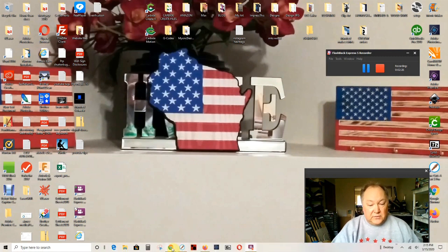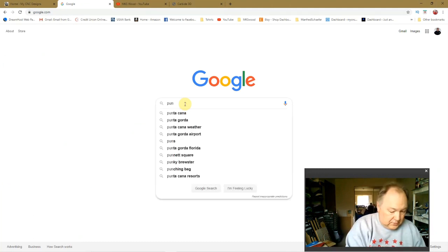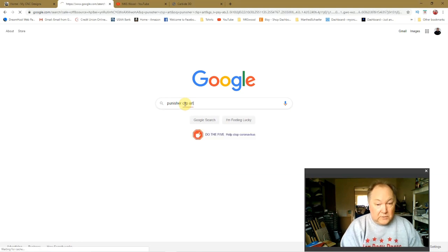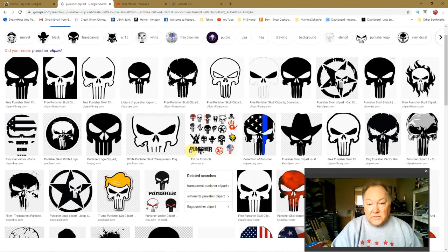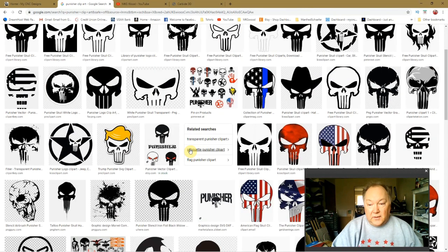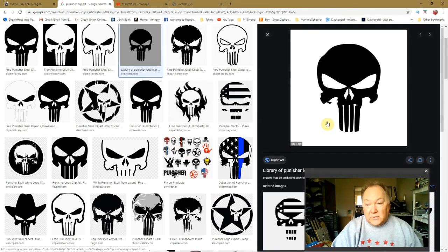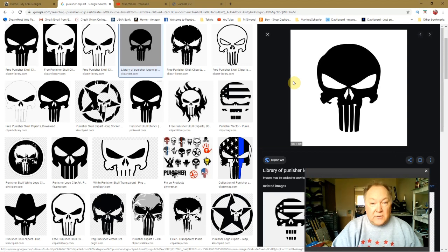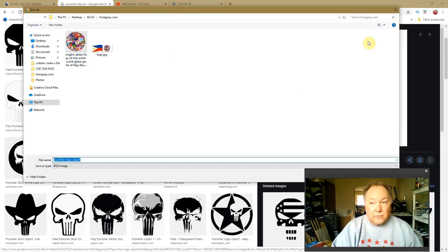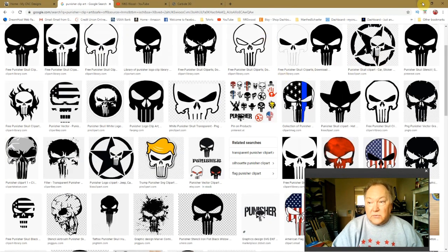First off, you go to your browser. We are going to search for Punisher clip art. Go to images. Now, here you just find what you want. You want to put a cowboy hat on him, fine. To each his own. But this one looks good here. All you have to do is right click, save image as, and save it to your folders. But I already have it downloaded. So what I'm going to do is